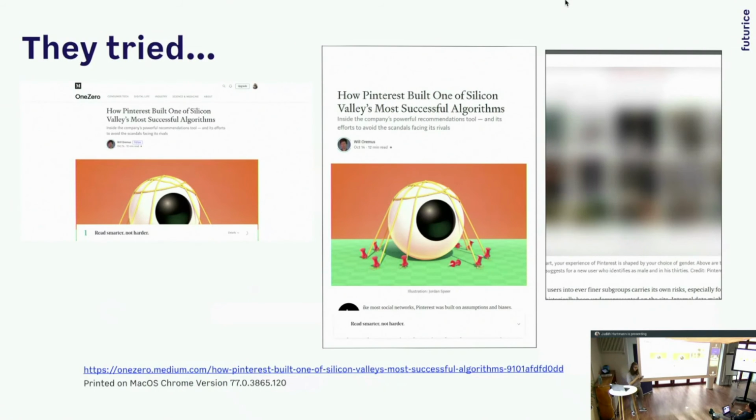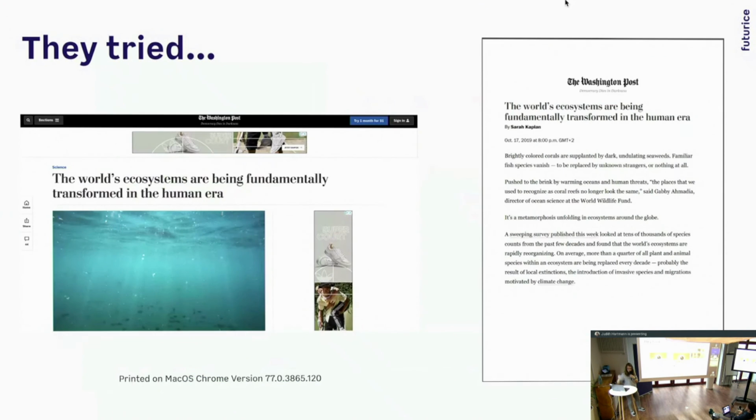I thought, okay, Medium, well, they've tried that. They removed the header, which is really nice. Fortunately, they have this kind of advertisement for the premium service, which they don't remove from the printing, and also they have this fancy lazy loading of pictures that looks very bad on print because the pictures are blurred. Then I went to the Washington Post, and